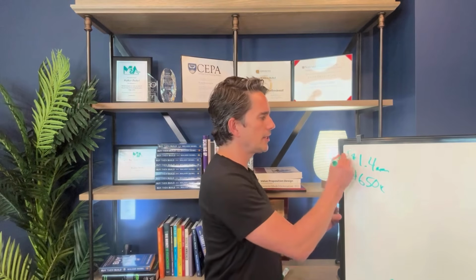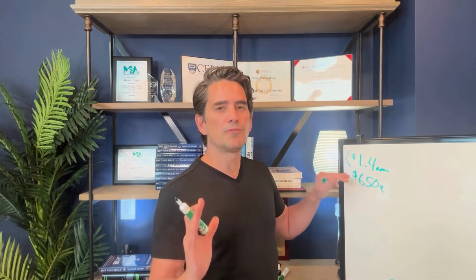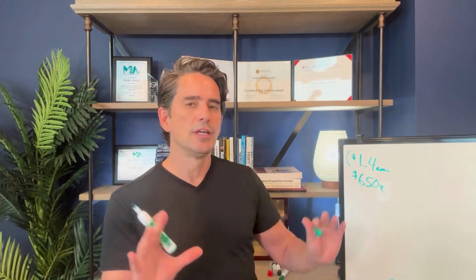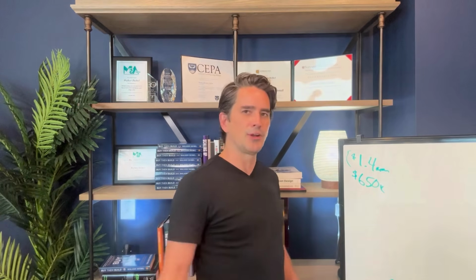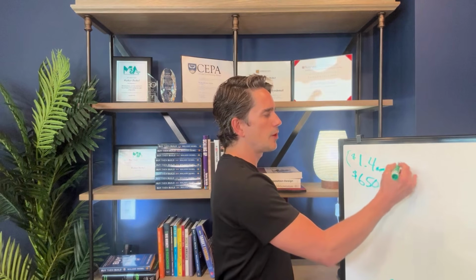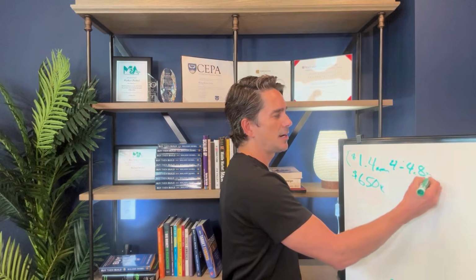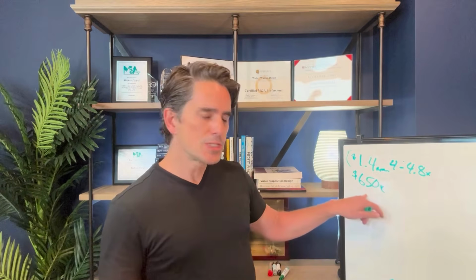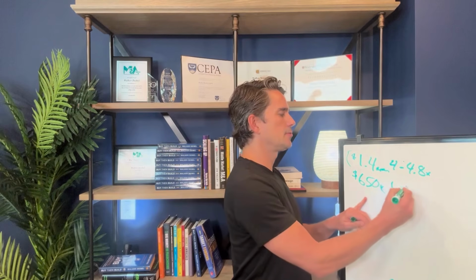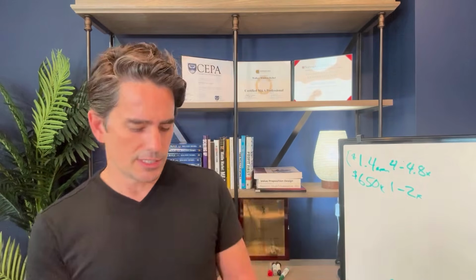So I explained to them, look, here's the deal. This business is doing $1.4 million in earnings. Based on my research and looking into the business and the trends and all the things I know, I said this business is probably going to sell between a 4 and a 4.8 times, including working capital. But this business down here is probably going to sell between 1 and 2 times, depending on whether it's cash at close, deferred payments, whatever it is.